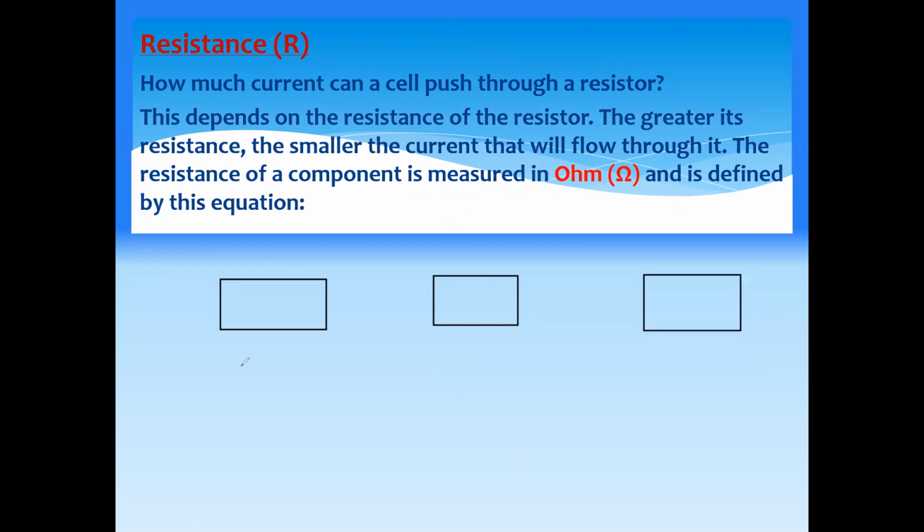For example, you have a conductor, a semiconductor, and you have an insulator. Which material do you think will allow the greater amount of current to pass through it? Conductor, semiconductor, or insulator? Which material will allow the greater number of charges to flow through it?